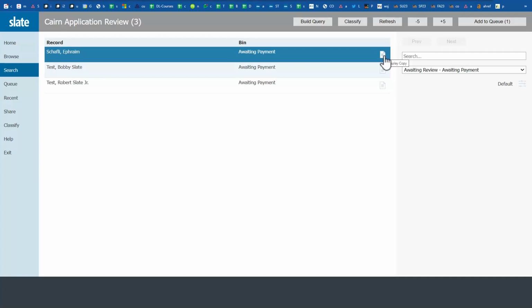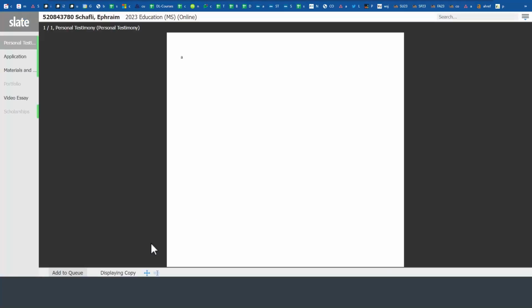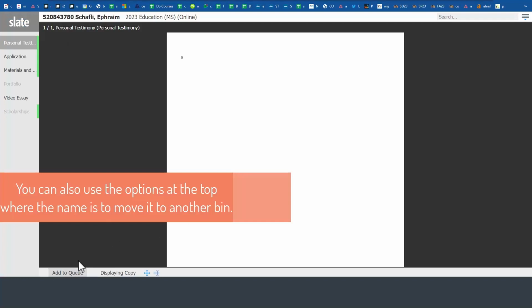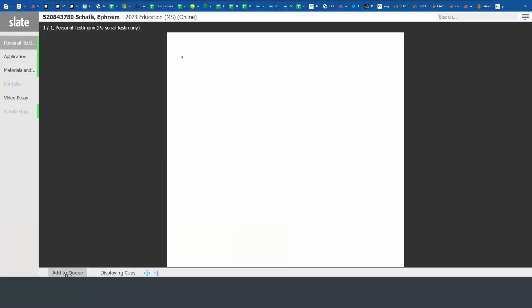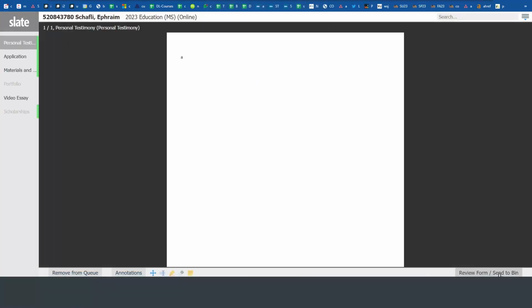We can click to display this copy of the application. You can add it to your queue because this was not assigned to you. That's why you want to add it to your queue. So we'll add it to the queue, and then we'll click on the bottom right here to review form and